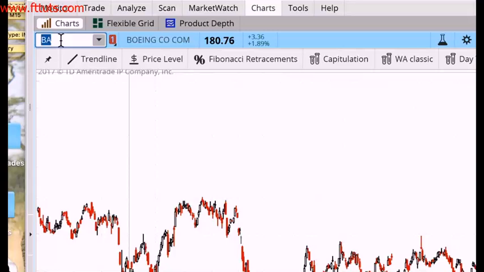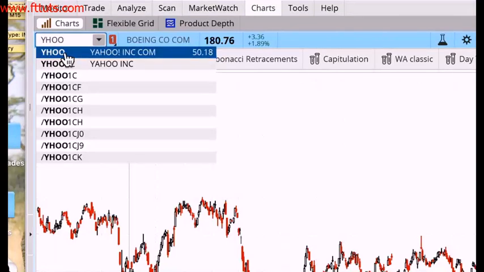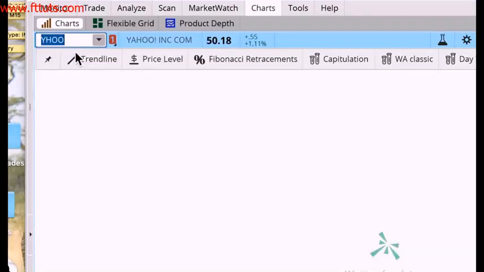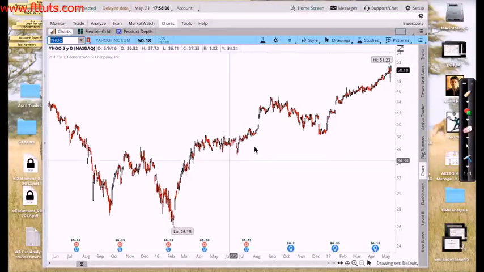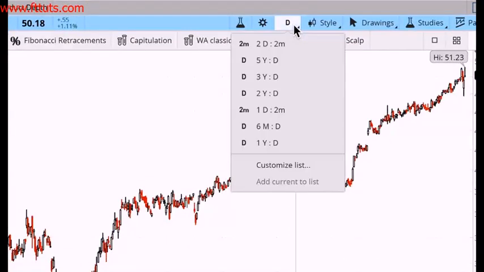For example, let's look at Yahoo. So I key in the ticker symbol and it's going to plot Yahoo for me, and I can define the time interval as well. Okay, so as a swing trader, you want to use daily candles, which means each candle represents a day. I could look at the last 5 years, the last 3 years, the last 2 years, and so forth. So usually as a swing trader, I'll take a look at the last 1 year,